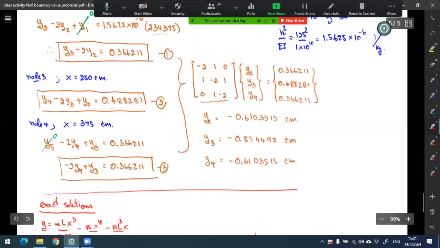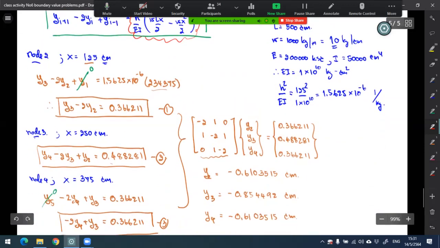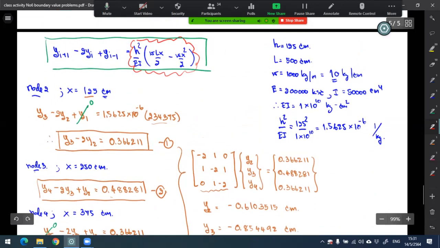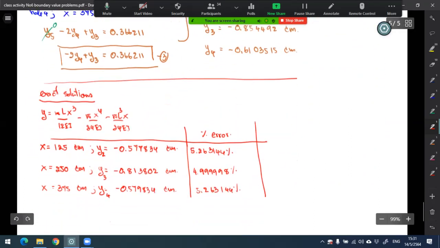You see that according to the size of element that we subdivide, equal to 125 centimeter, we obtain